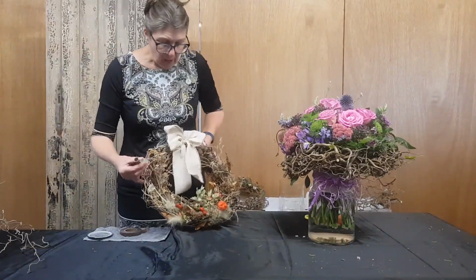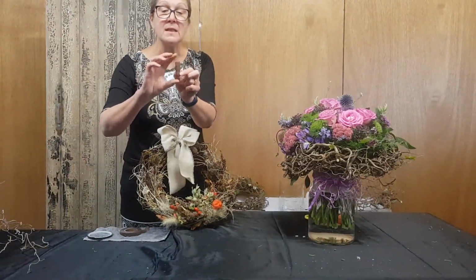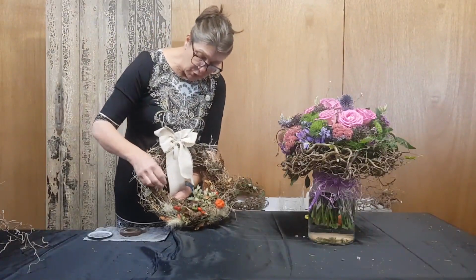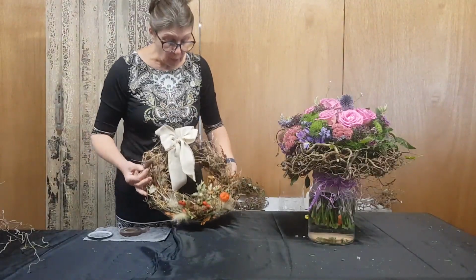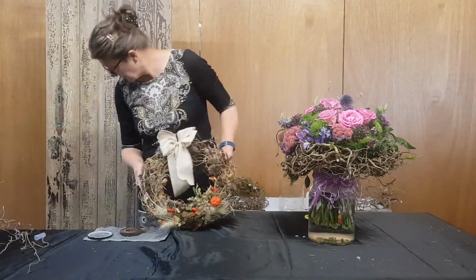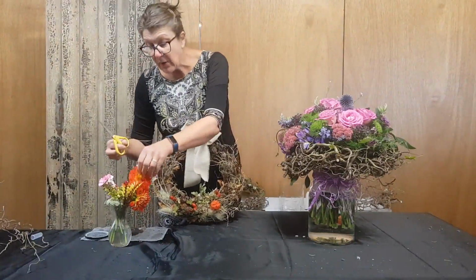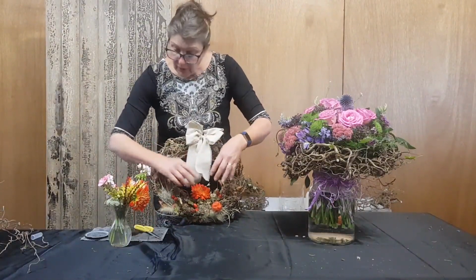I wanted to be able to have some fresh flowers. So I've covered some little test tubes that the orchids come in. I've covered them in the Stemtex as well. And those will just simply, again, push in and be camouflaged in the nature of this particular woven framework. So now I can add water to that, and then I can add some flowers, and these of course I can replace on a weekly basis, so that my door hanger will last, I hope, throughout the autumn